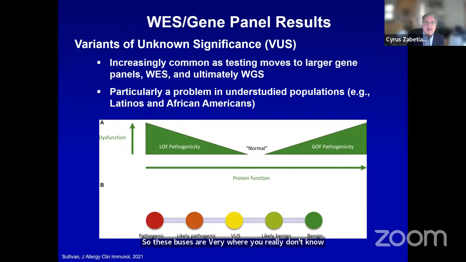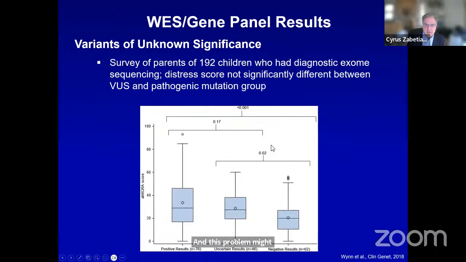That may seem like, oh, and one other thing is that because we know less about the genetics of a number of diseases in people who are not of European origin, this is a bigger problem amongst other groups, understudied groups, particularly like Latinos and African Americans. You have less information, and so you are more likely to call things that are probably benign variants of unknown significance. And this problem might seem trivial at first, but it isn't to the consumer.